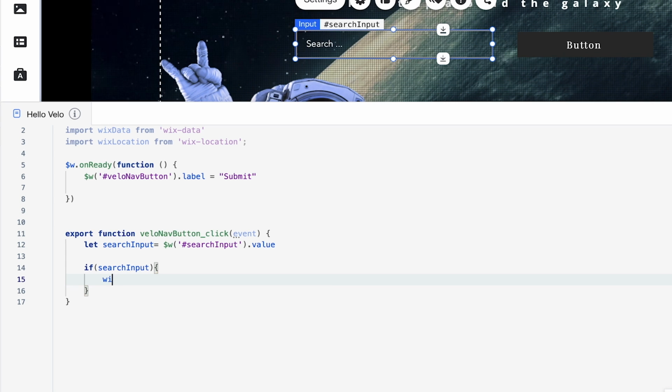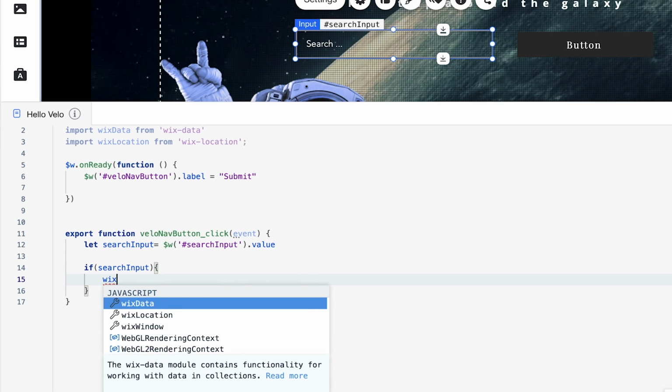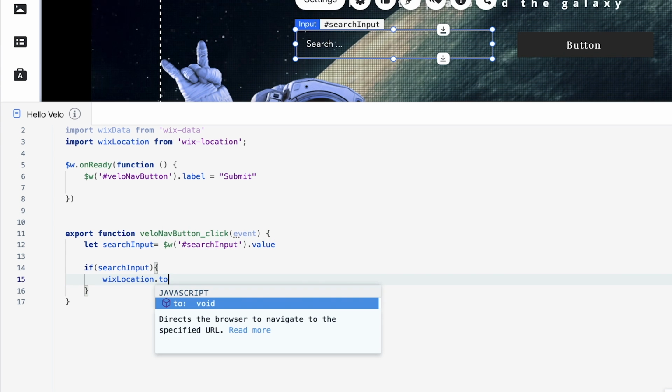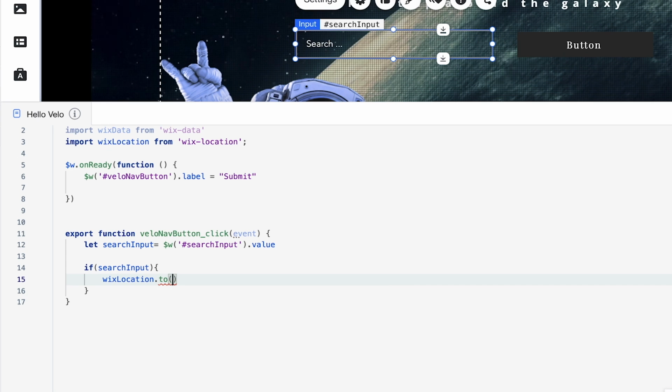then we're going to use wixLocation.to, and we're going to navigate to a page that is already part of our project here. Right, so we're not going anywhere external. We're going to navigate to one of our pages. So in quotes, slash, let's see if we can navigate to the home page and change up our URL, right? So we're going to do home, and you have to make sure when you're using your own pages that this is in lowercase, right? So it's something to keep in mind.